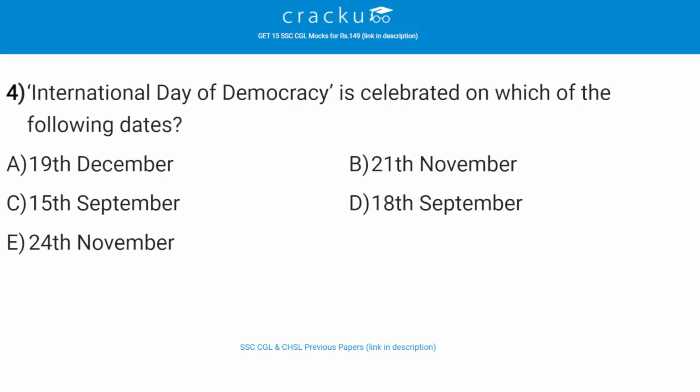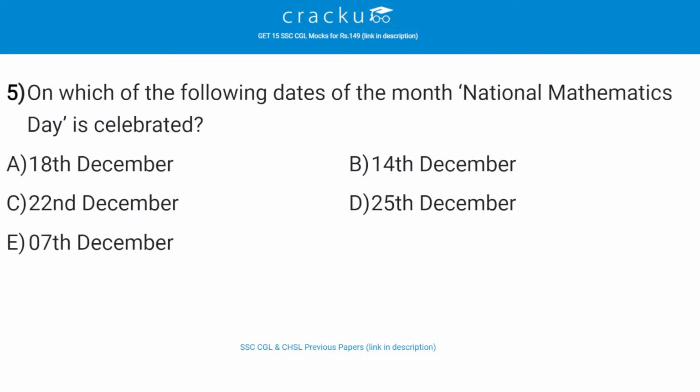International Day of Democracy is celebrated on which of the following dates? The correct answer is C, that is 15th September. On which of the following dates of the month National Mathematics Day is celebrated? The correct answer is C, that is 22nd December. So Indian National Mathematics Day is celebrated on 22nd December every year with numerous educational events held at school and